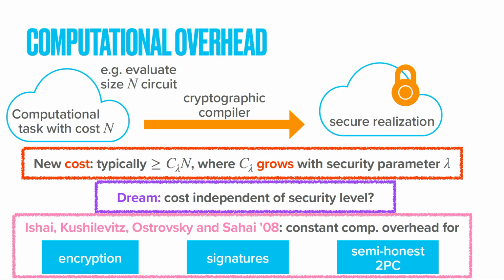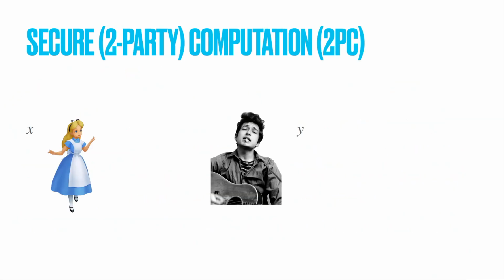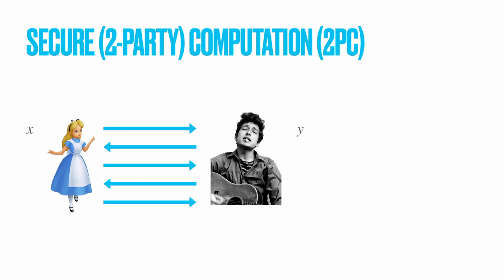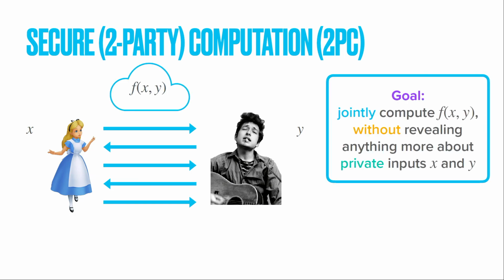All right, so allow me to just set the stage here. A lot of what I'm going to say now might be repeated from the previous talk, but bear with me. So in two-party computation, we have two parties, Alice and Bob, with private inputs x and y, and they're allowed to communicate back and forth in such a way that at the end, they will know the output value of a certain function applied to both their private inputs. Say this function f is implemented by a circuit, and we'd like to evaluate the value of this function in such a way that nothing beyond what can be inferred from the output of the function is learned by the other party.